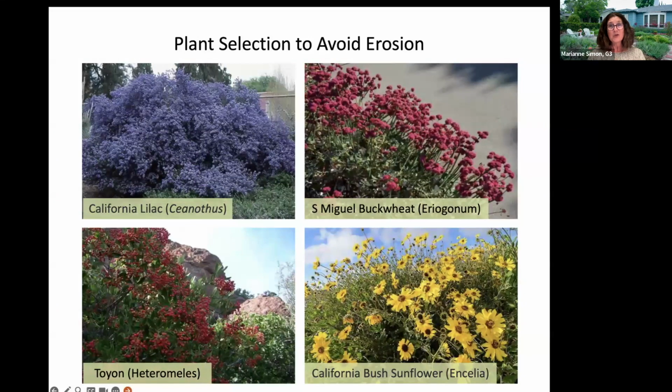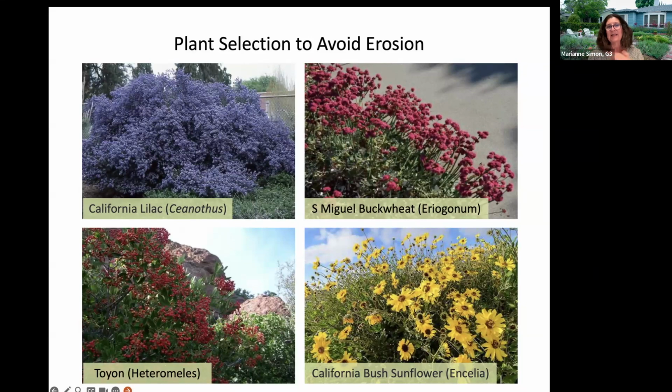Now, where it gets a little tricky is that on a hillside, one of the things that you are concerned about is erosion. So it's a little bit like a Venn diagram in that there are multiple things that need to be accomplished as you look at your landscape design. So yes, we want low growing plants that are not volatile, but we also want plants that help manage erosion. So here are some examples.